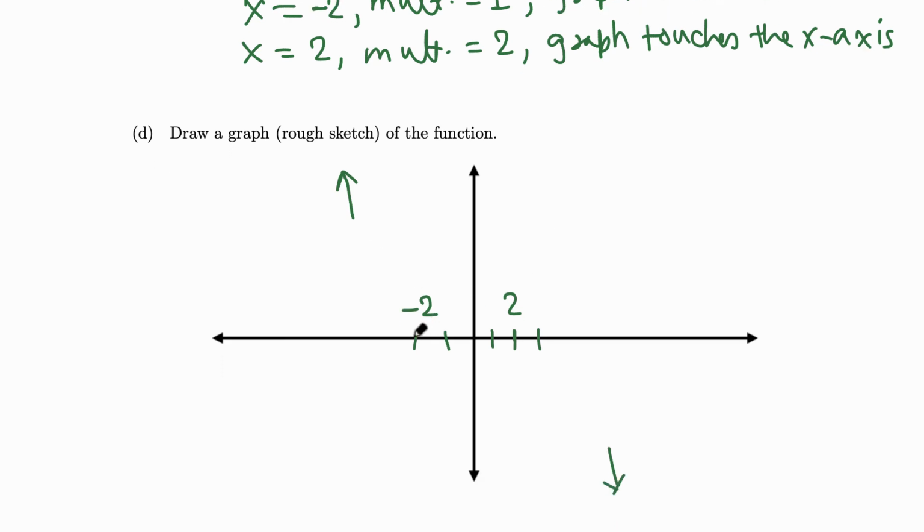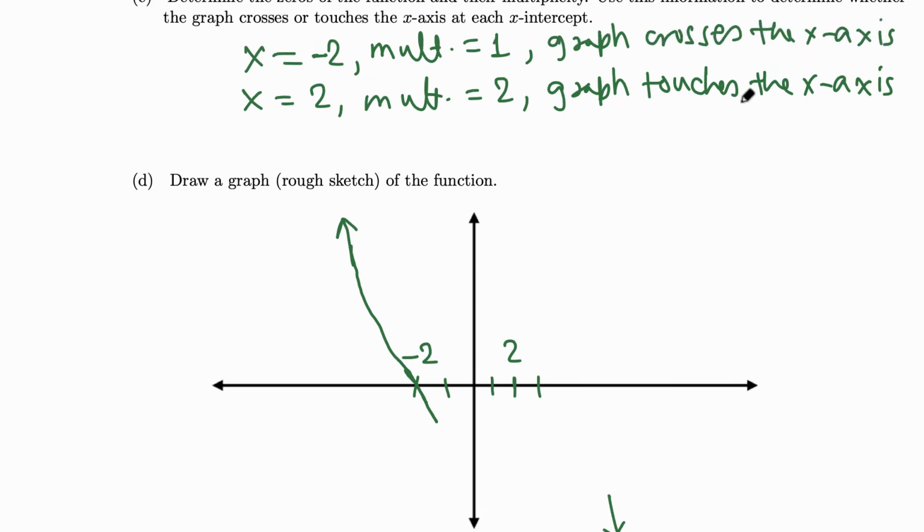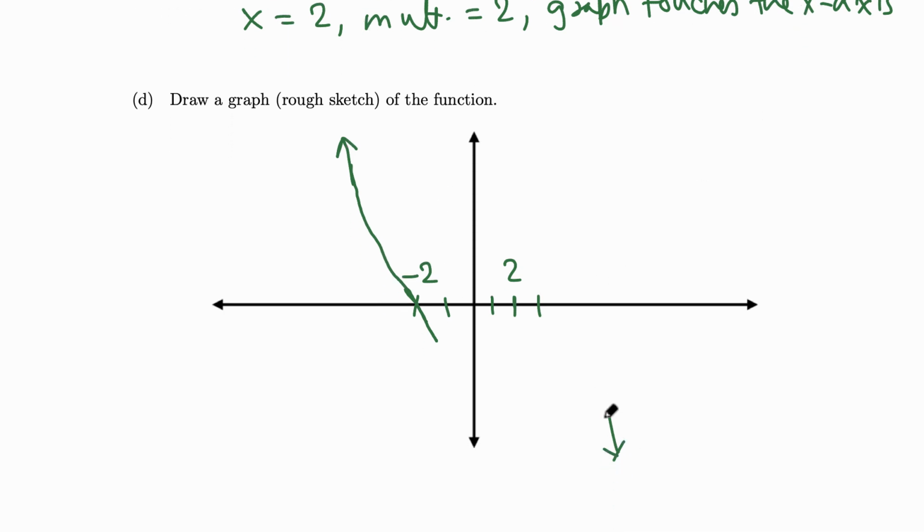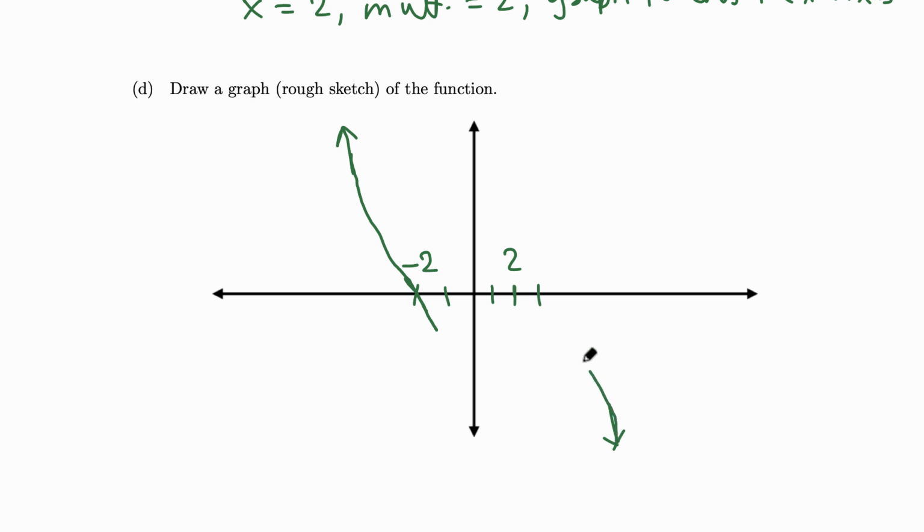So at -2 it crosses. So from up, it comes down and crosses. Now at 2 the graph touches the x-axis and we have to go down. So here at 2 it touches and comes back, and now we need to connect this. Okay, final